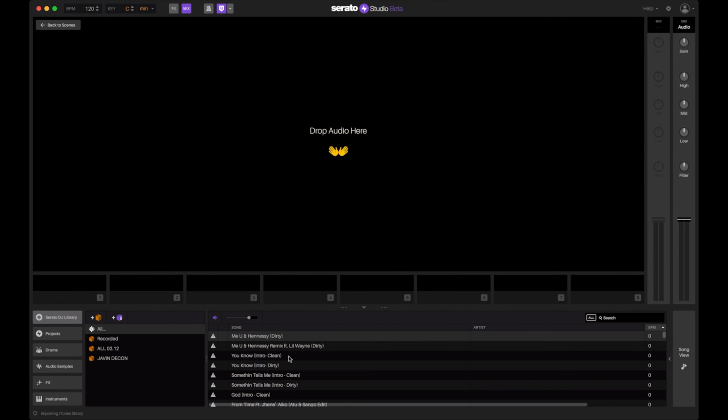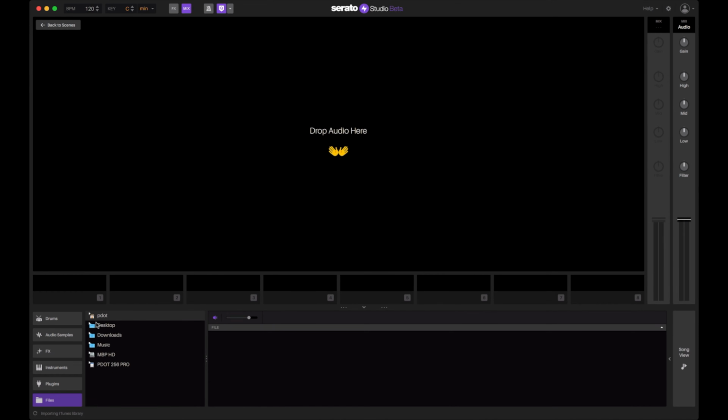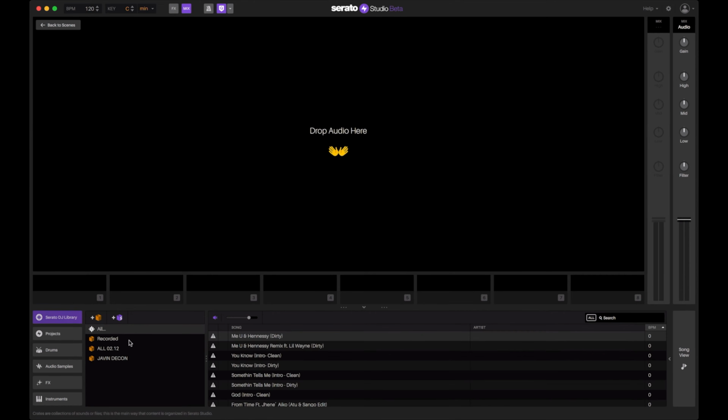Now, if you're a Serato DJ Pro user, you can search through all of your crates, or if you use iTunes to organize your music in Serato DJ Pro, you can look through the iTunes library and all your playlists in there as well. But if you don't use Serato DJ Pro, no worries. You can click on this Files tab and then search through your computer and find your song that way. But myself, I'm a Serato DJ Pro user, so I'll use this tab right here,